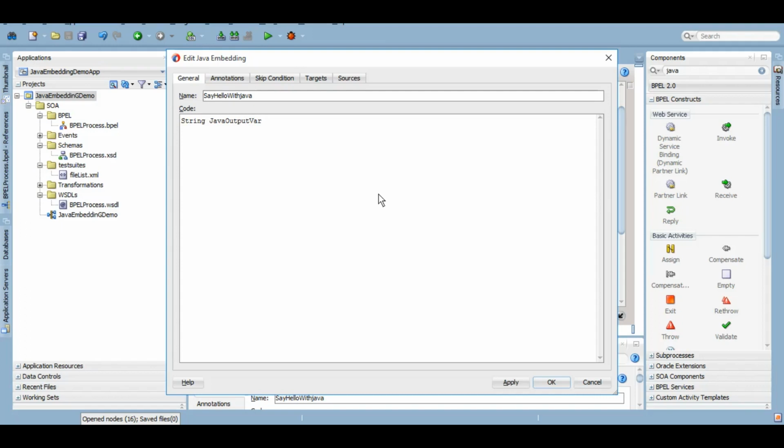It can be of any name. I'll explain that later. I want hello to be concatenated with the input variable that I have created as part of this service. To get a variable from BPEL, we use a method called get variable data.